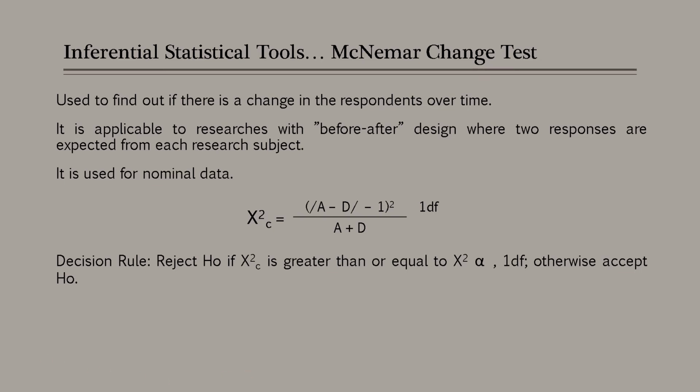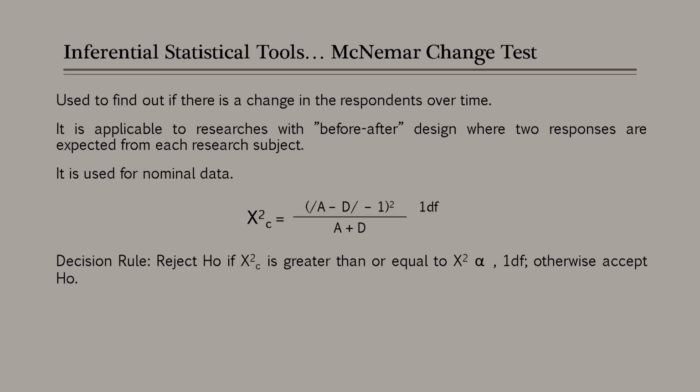The McNemar change test is also called the within subjects chi-squared test. It is used to find if there is a change in the respondents over time. It is applicable to researchers with a before-after design, where 2 responses are expected from each research subject. It is used for nominal data. The formula is the absolute value of a minus d, minus 1, squared, all over a plus d,